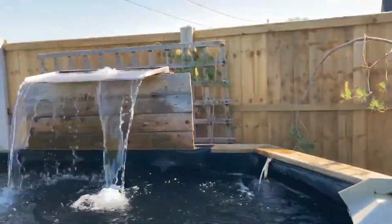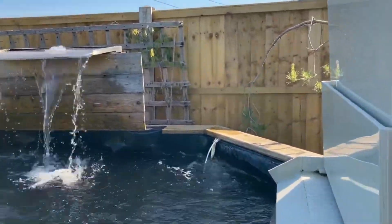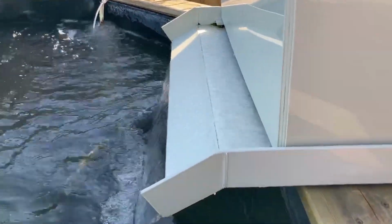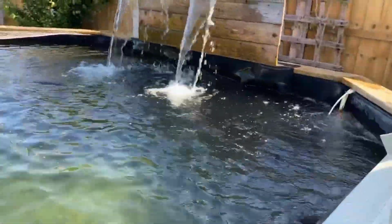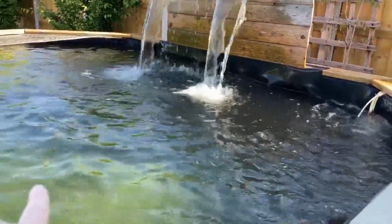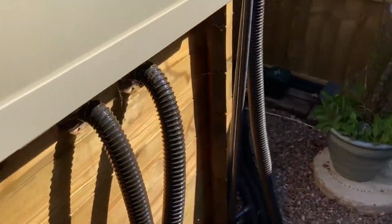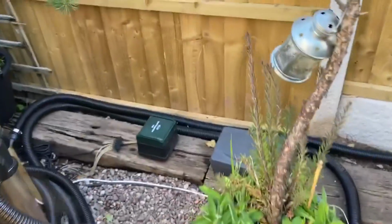And then in winter I can turn the waterfall off so it doesn't cool down the pond prematurely, and just have the water come pushing out into the pond again. It just creates a bit of a current in the pond. I have a 20,000 gallon per hour pump submersed in the pond. This comes out here, goes all the way around,